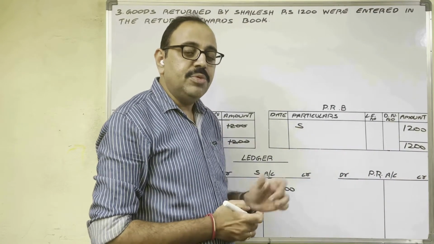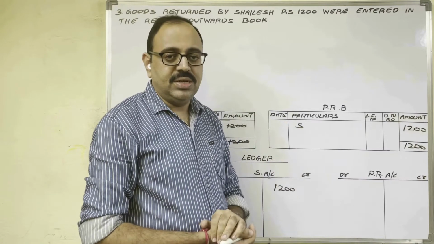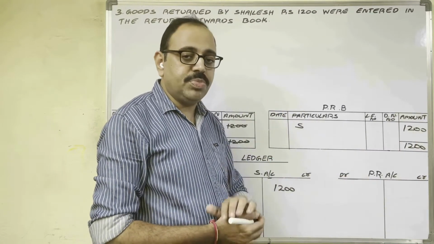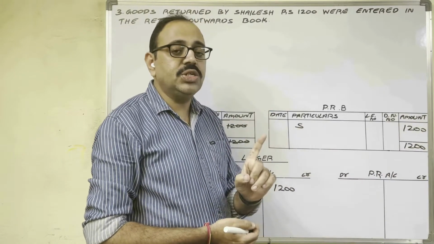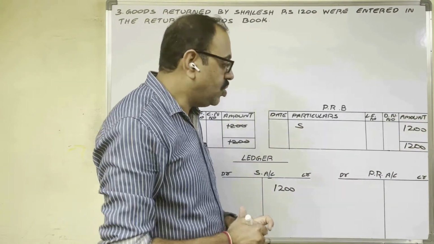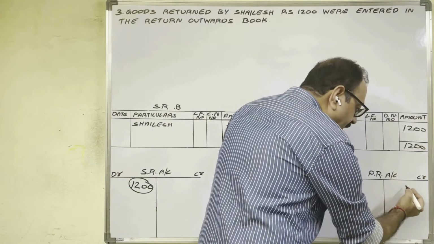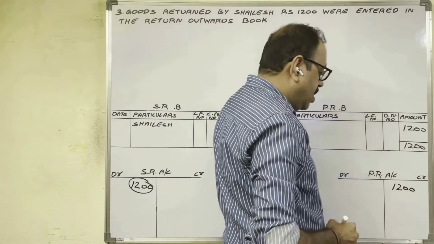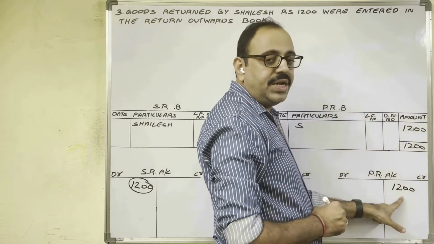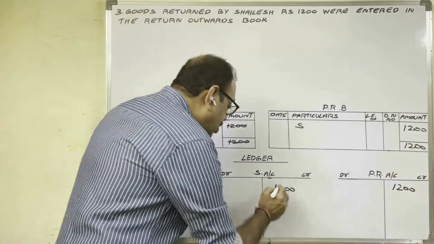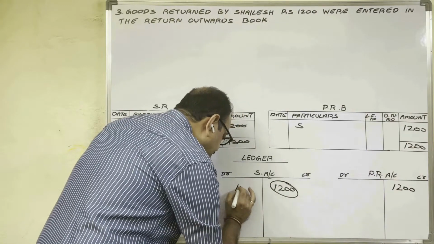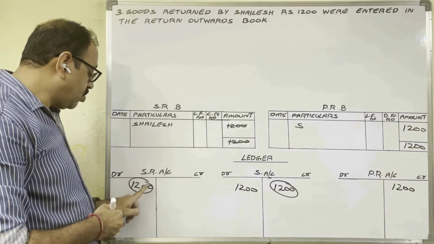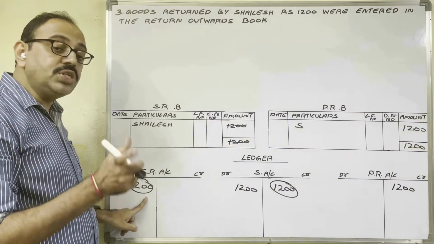We said purchase is an expenditure. Expenditure shows a debit balance. Purchase return is opposite to purchase. Therefore, purchase returns show a credit balance. So on the credit side, by sundries as per purchase returns book 1200 rupees they wrote. As the purchase returns account is credited, Shailesh's account will be debited. So mistakes are in three accounts. In the sales returns account the mistake is 1200 was not debited.